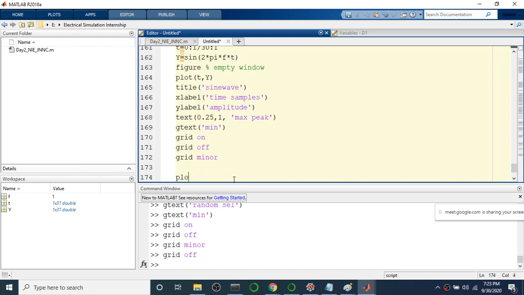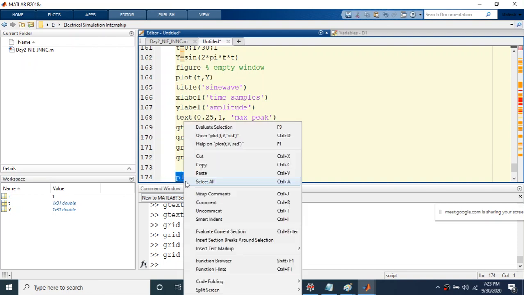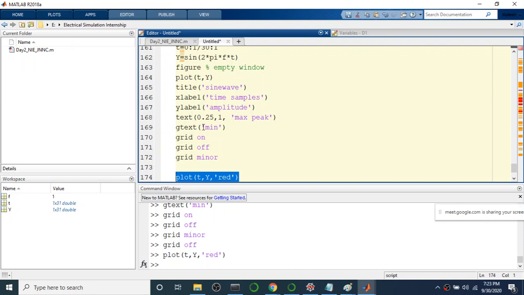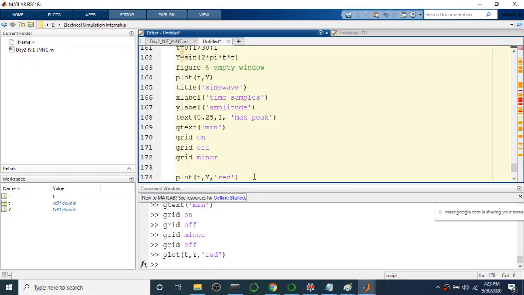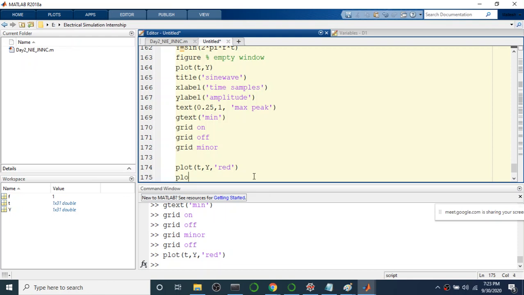Then again in plot you can type t comma y comma, say I'm going to mention the color as red. I will get the output in red color. You can see the plot is appearing in red color. Plot of t comma y comma star.